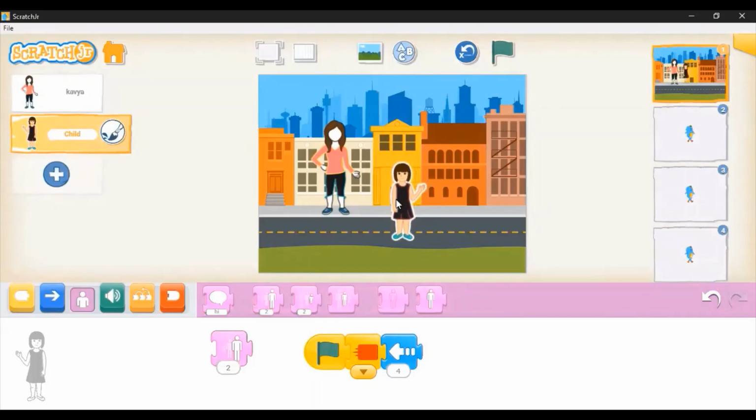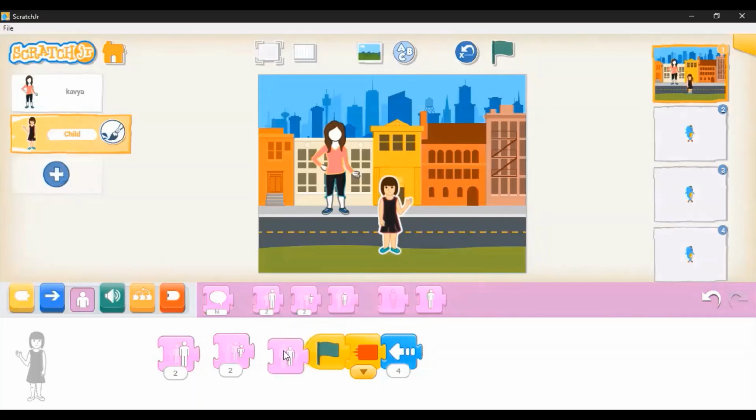I will place this character here so that you can see the changes when I run this particular block. The character will increase 2 times when I click on this block. So did you see the size increased? So the size will shrink 2 times. Next is, okay, to remain as it is.